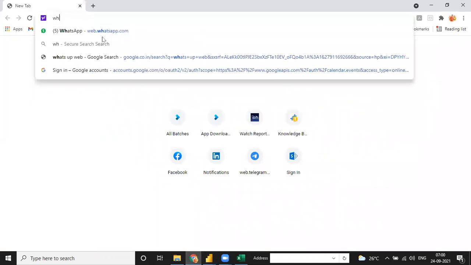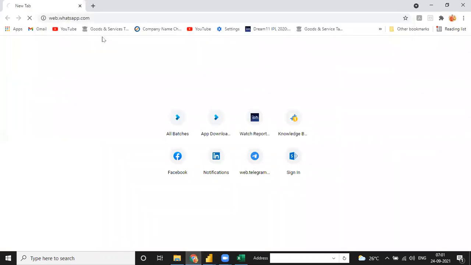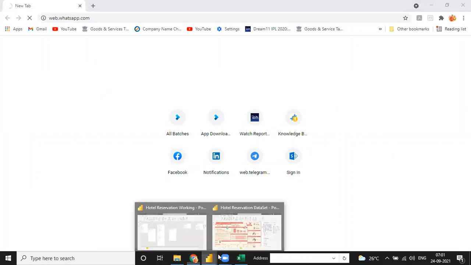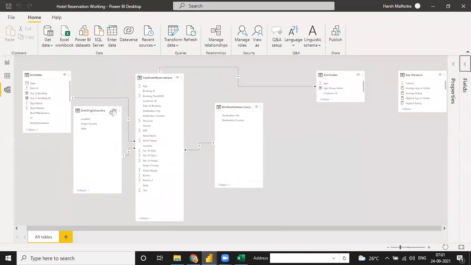You sent me the file on WhatsApp, no? Yes, sir. Let me just open your file. Because in my file everything is going good. See, in my file, date to date, this one is origin to origin, and customer ID, destination, and this one is message.